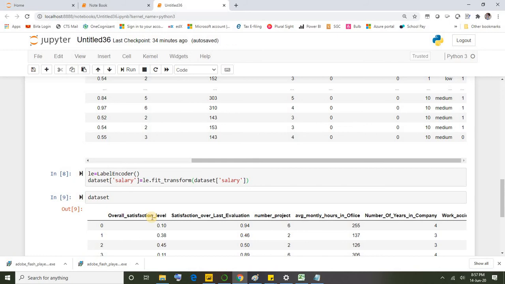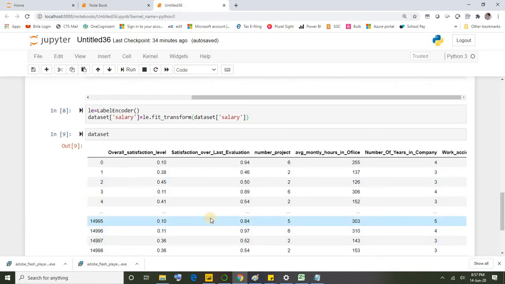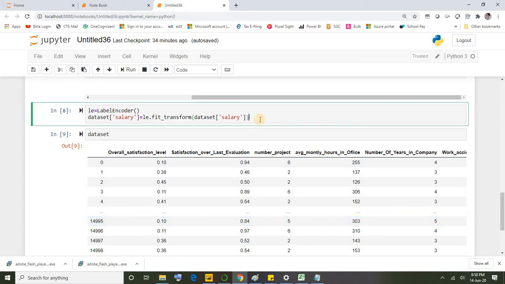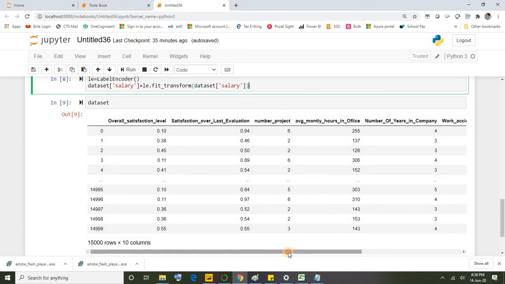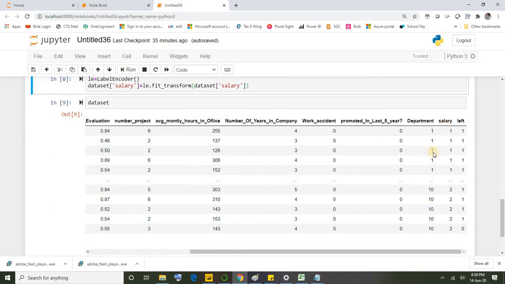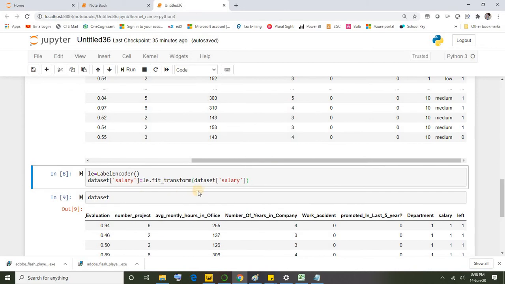What it does is create columns for each categorical value in the given variable. For example, sex is a field which has male, female, and not specified. If you use one hot encoder, it will split all those categorical values into 3 different fields: one for male, one for female, and one for not specified, right? That's how it works. Let's not worry about one hot encoder here. Our dataset is okay, we need not do that. Let's continue with label encoder only.